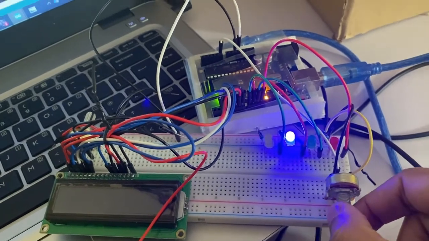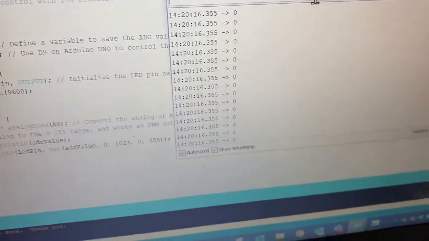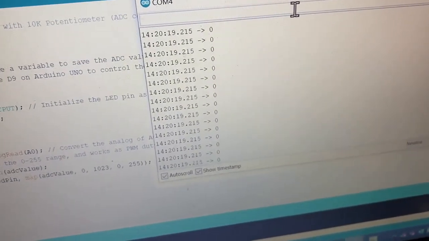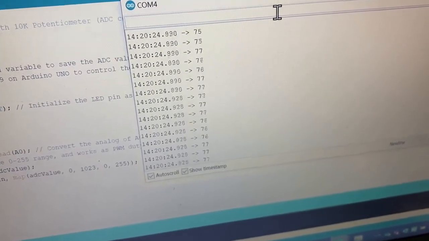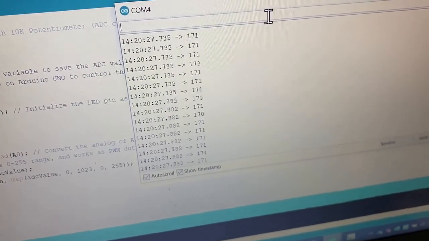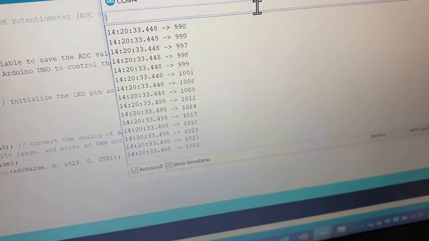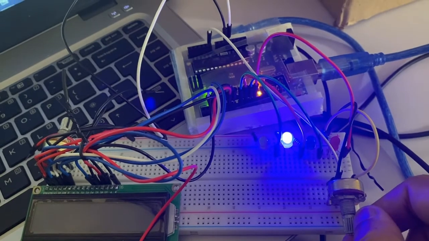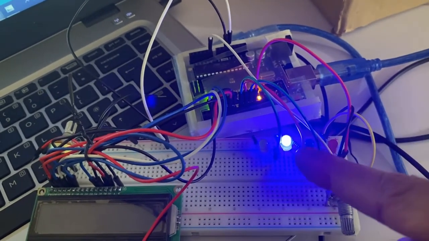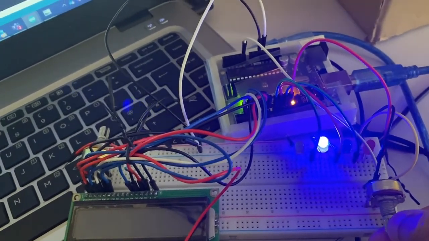As I do this, you can observe on the serial monitor that currently the potentiometer value is 0. As soon as I rotate the potentiometer knob towards the right, the value increases from 0 till it reaches the highest value of 1023, when this LED is glowing at maximum. The value of 1023 is converted to digital and then mapped to the highest value, 255, for the brightness of the LED. And then I'll reduce this.